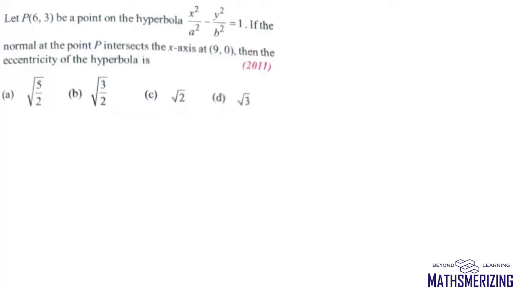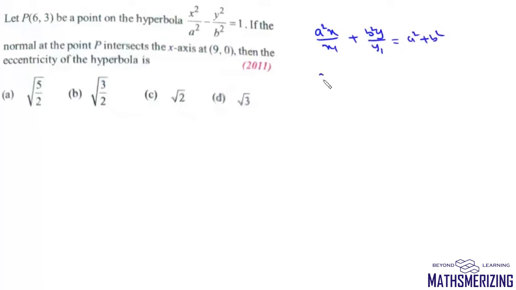Now here the question is, let P be a point of this hyperbola. If the normal at point P intersects the x-axis at (9, 0), then the eccentricity of this hyperbola is. Now we know that the equation of the normal at point (x1, y1) is given by a square x upon x1 plus b square y upon y1, and it is equal to a square plus b